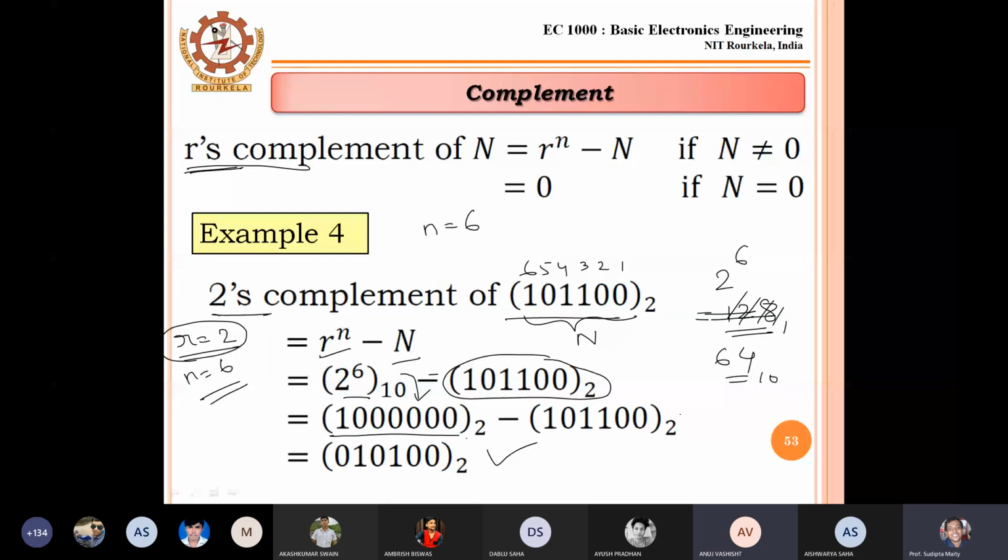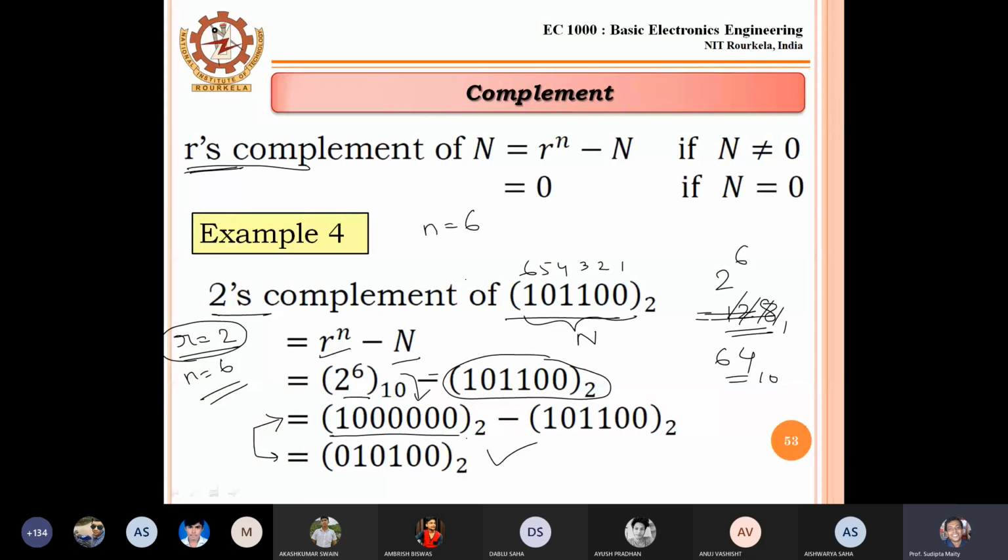Then he or she has to reconvert again from decimal to binary. Is it okay? Is the process clear or not? Don't bother about how to do subtraction, because if you practice one or two binary subtractions, then it will be clear. You follow my slide, then it will be clear.